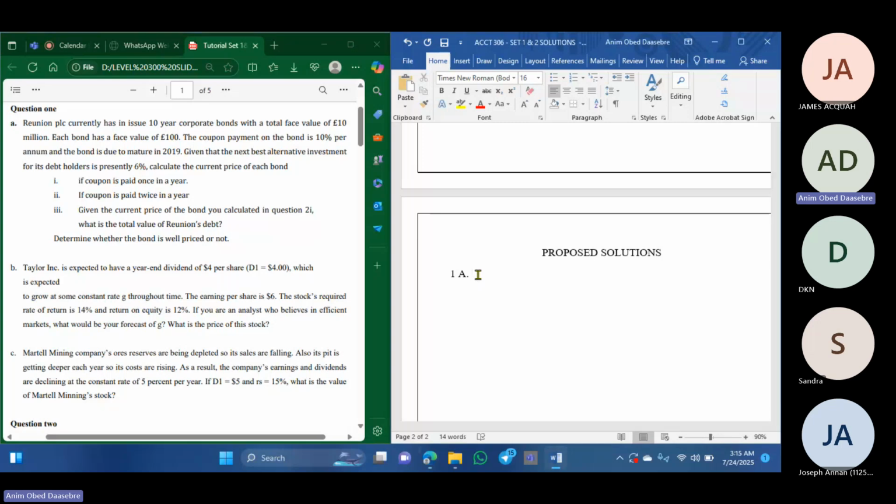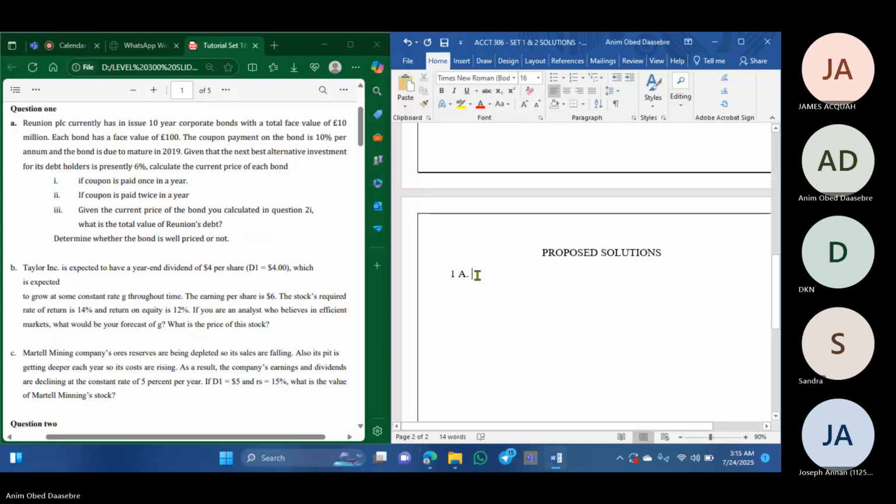Then you pick out the information from the question. The third is you write the formulas, the variable formulas that you need. And the fourth is you conclude